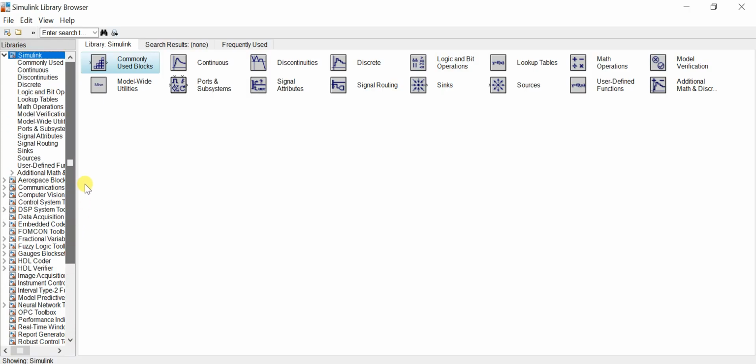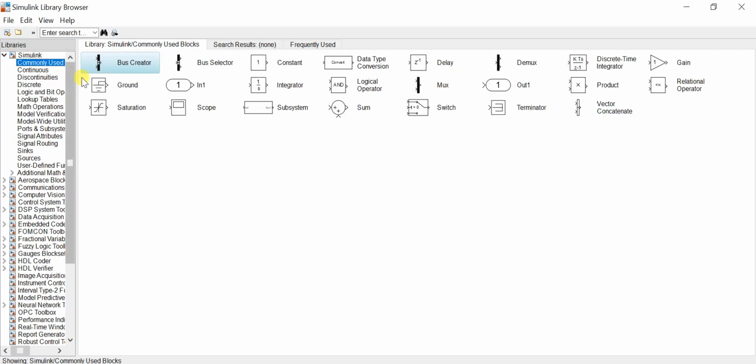domain. So in Simulink there are some commonly used blocks, in which we have bus creator, bus selector, constant input, data type converter, and delay element, demux. Demux is basically used to separate out the inputs. Discrete integrators, discrete time integrators. These are some of the basic blocks which you can use